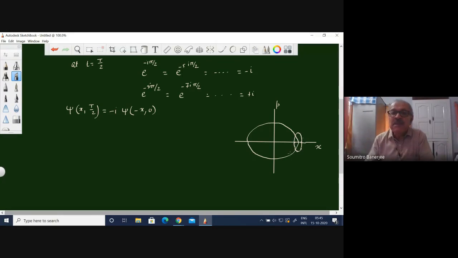And when it comes here, it will rotate like this. When it comes here, you will find that it becomes something like this, which means the uncertainty in x is larger, p is smaller. Again, when it comes here, it will be like that. Again, when it comes here, it will be like this. And it will actually oscillate. So it does not only oscillate like this,